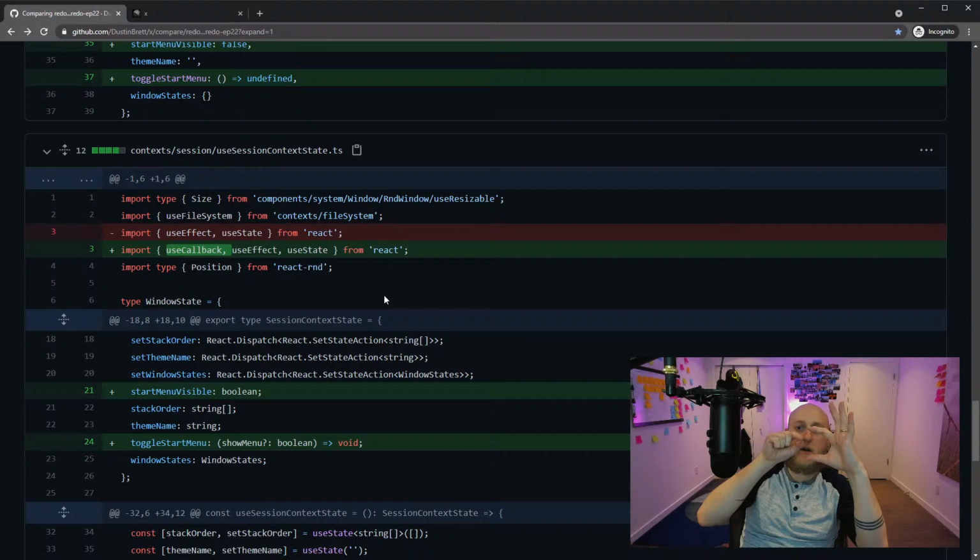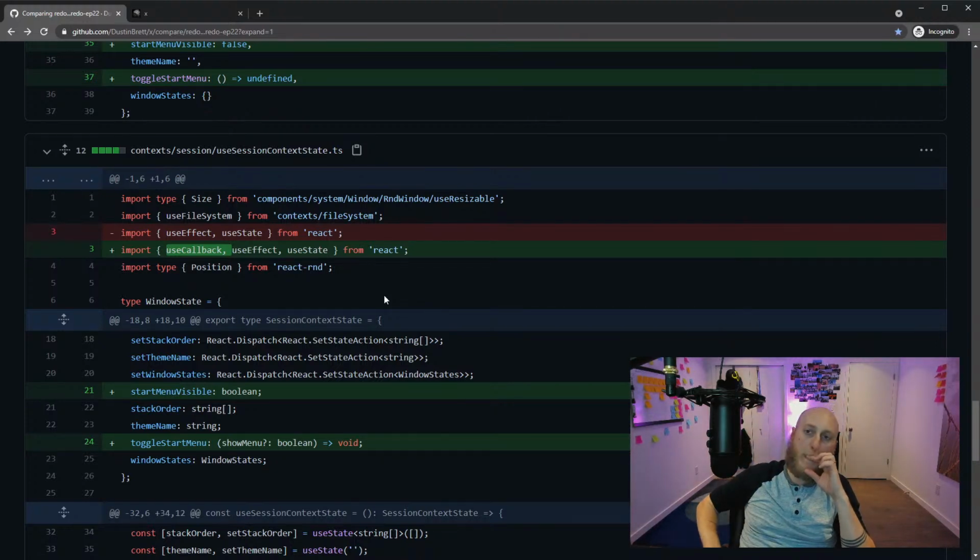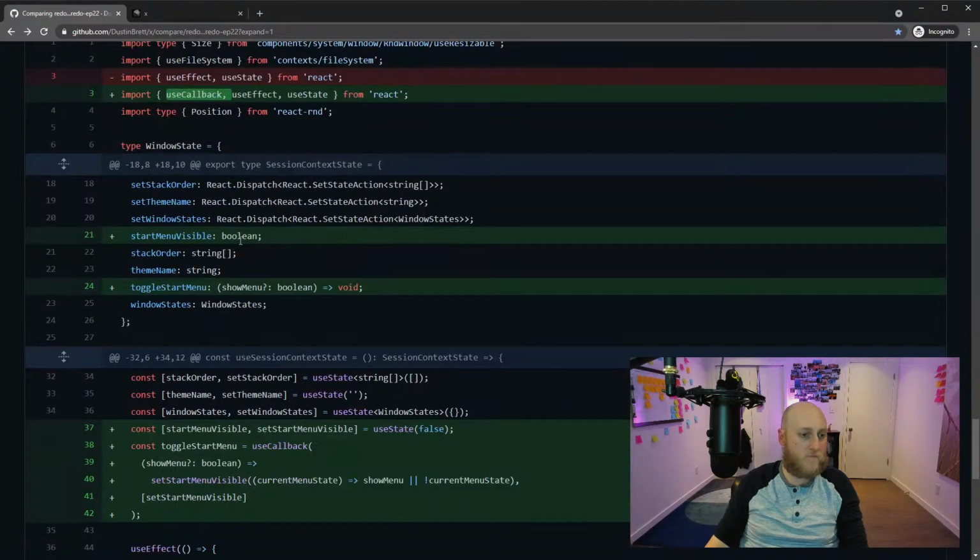So if you click the start button, at first I tried to have the start menu be inside the taskbar, but then it wouldn't show blur. And as soon as I got rid of the blur on the taskbar, then it would show. So I've decided to just kind of have them be outside of each other, and whether it's on or off be kept track of in the session. And it might even make sense to have it in the session for some other reason at some point. So that's what we're going to do now.